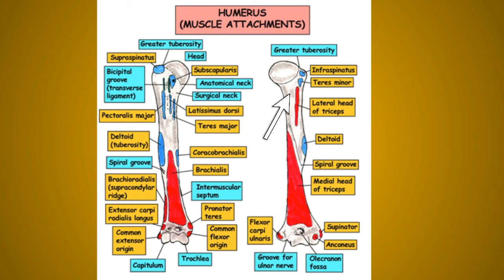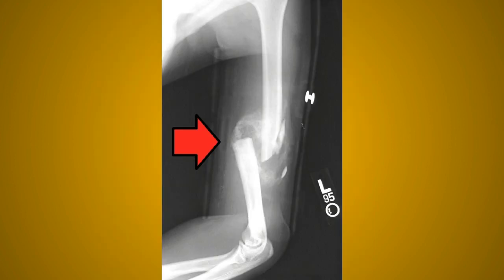The axillary nerve is present at the surgical neck of the humerus, the radial nerve at the radial groove, and the ulnar nerve behind the medial epicondyle. Because of this, if a fracture of the humerus occurs at these areas, there is a maximum possibility that these three nerves may get injured. Now next are the applied aspects of this particular humerus bone.